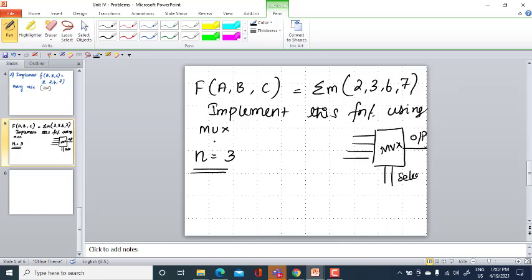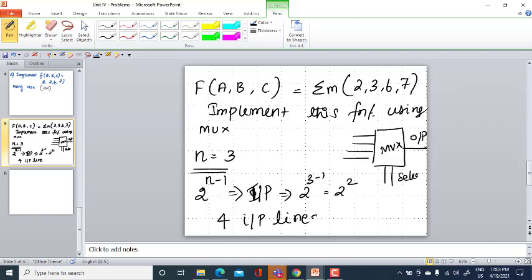So if n is equal to 3, there can be 2 power n minus 1 input lines. So 2 power 3 minus 1, which is nothing but 2 power 2. So we can have 4 input lines. Okay.